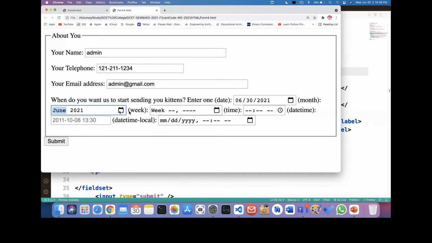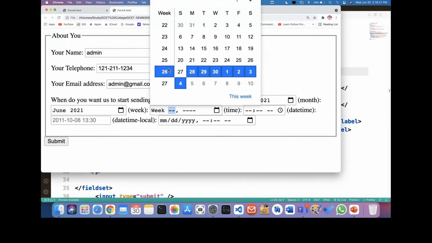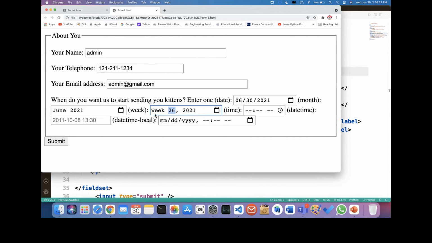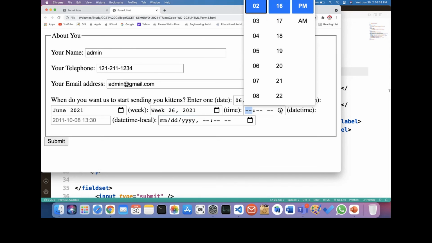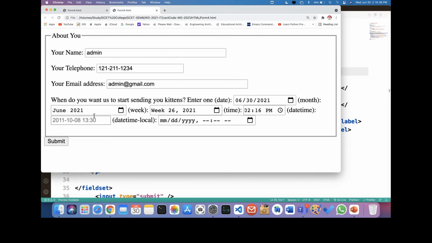Okay, so this is the date, this is the month. June 2021. Now we are going for week. So here you can see it's week 26, and here you can go for 30.